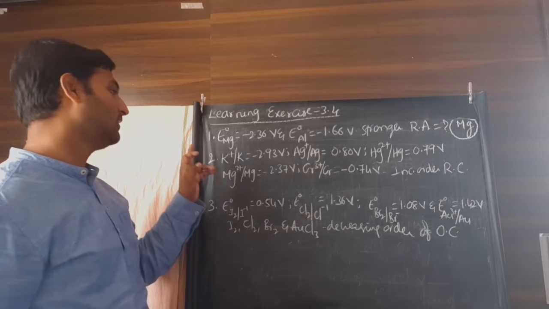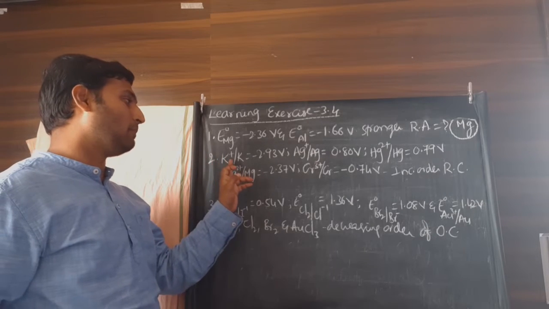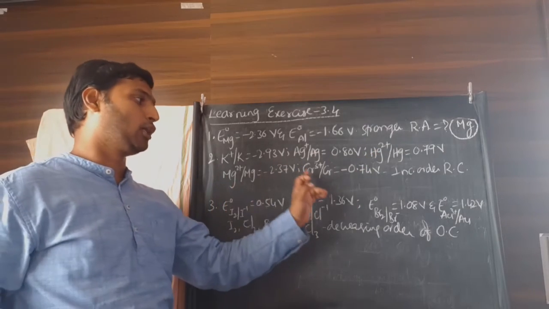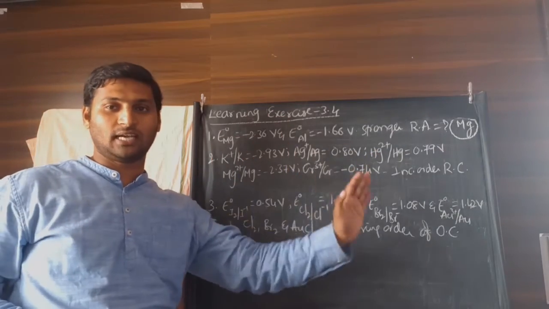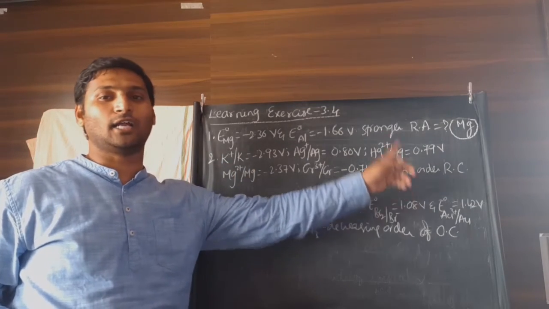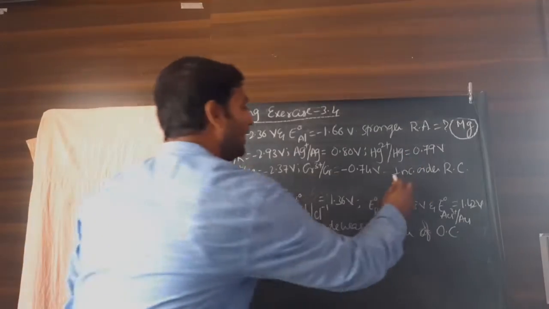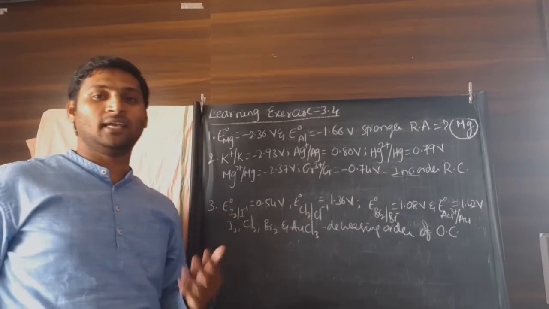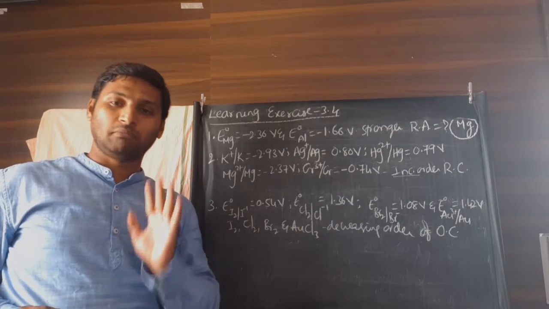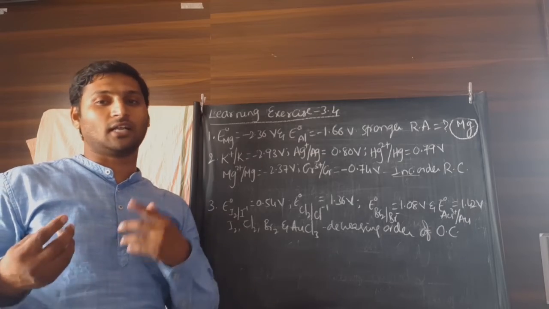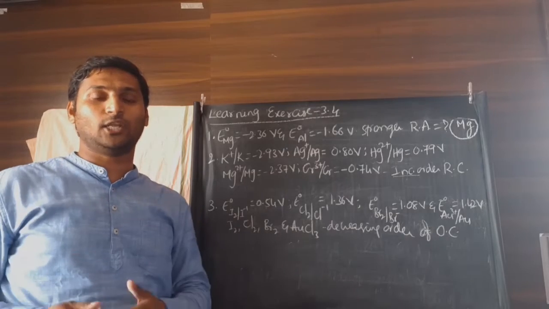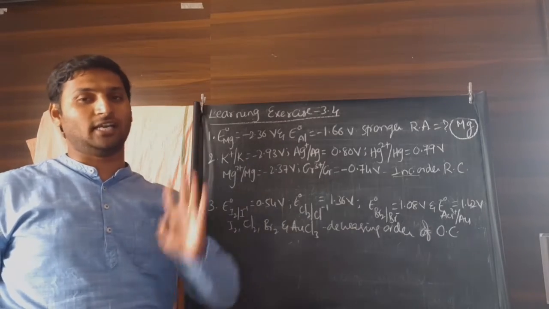Okay? Right. Then, potassium couple, silver couple, mercury couple, magnesium couple, chromium couple, their electrode potentials are given. Now he is asking you to arrange them in the increasing order of reducing capacity. Again, especially in entrances, being in a hurry, we don't concentrate on these words, increasing order or decreasing order. Be careful, because you follow the reverse order and lose marks unnecessarily. Increasing order means starting from the weakest reducing agent to the strongest reducing agent.